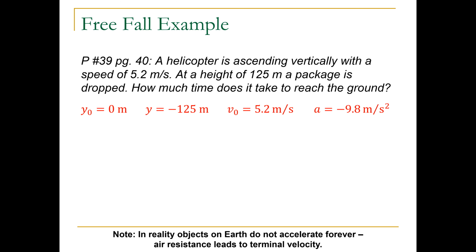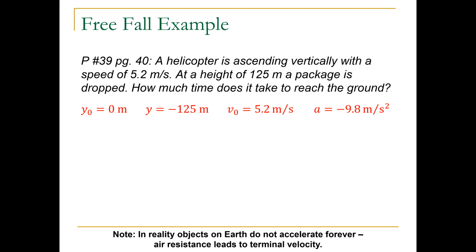I have separate values here for y and y naught. Sometimes, well, actually often I will just write this as a delta y. One thing to be very careful with, a lot of times people will make a mistake initially, and they'll see that there's a positive height here. So they think of the height of 125 meters as a positive value. But keep in mind,